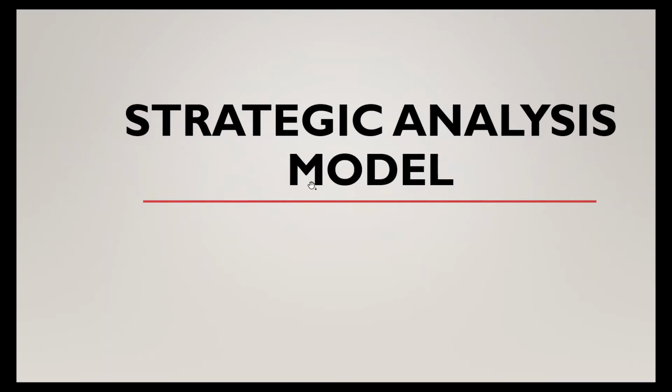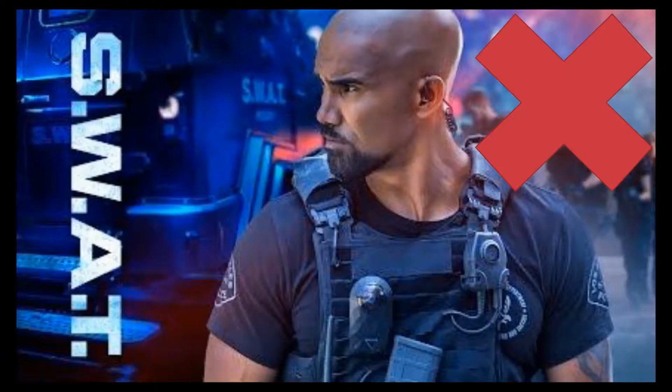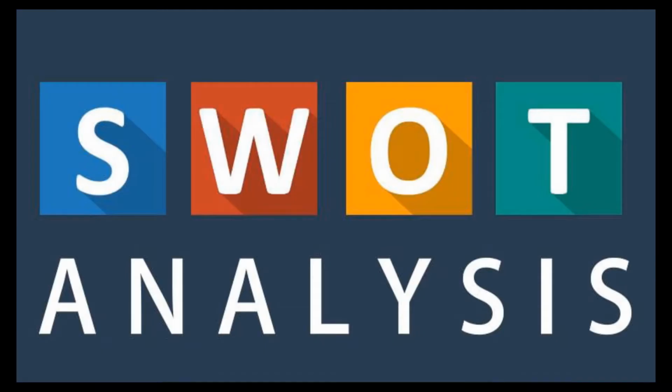In this video, we are going to talk about a strategic analysis model, and specifically, it is called the SWOT analysis. The name sounds very cool, but students have to remember it does not spell with the A, it spells with the O. SWOT analysis is an abbreviation where the S represents strength, W represents weakness, O represents opportunity, and T